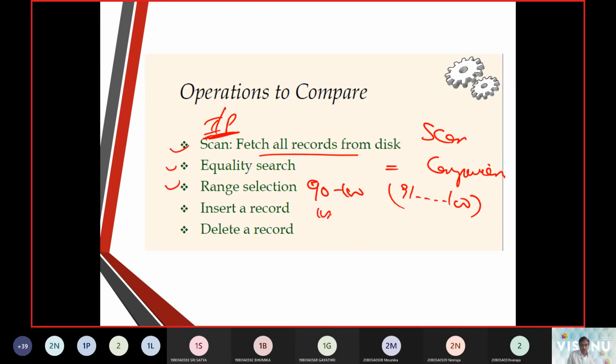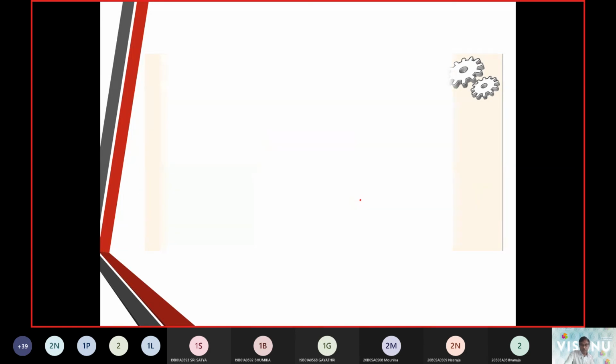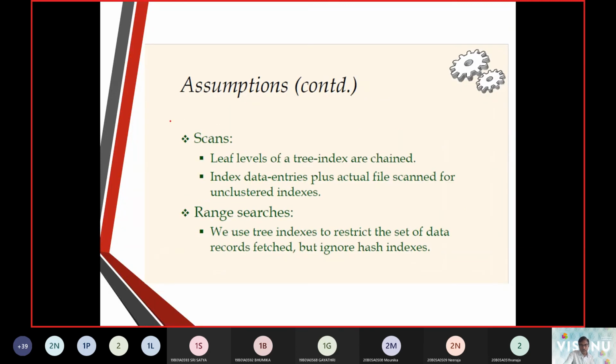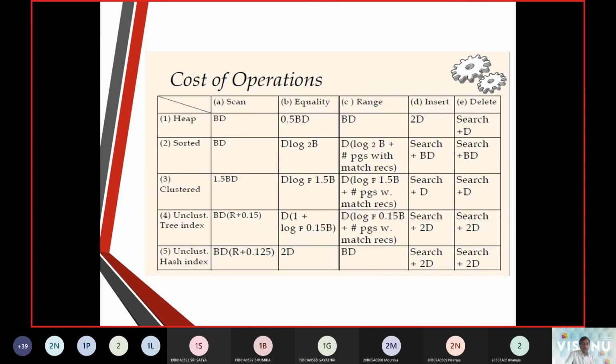And we make an insert command or a delete command. So these are the different ways of comparing. So 1, 2, 3, 4, 5 are the items we are going to compare at this point. And we talked about heap, sorted, and index files, and the scan.